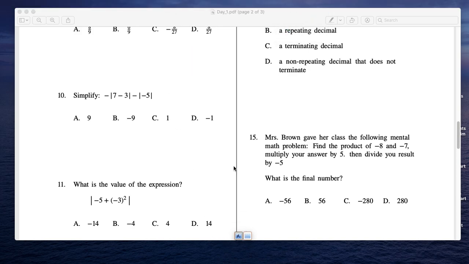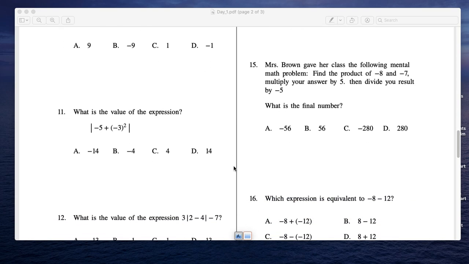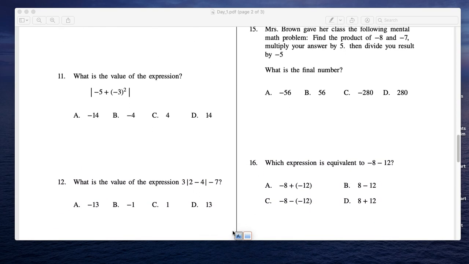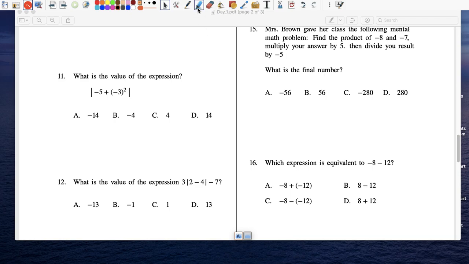9. 11, what is the value of the expression? All right, so before you take the absolute value, we have to simplify everything that's inside. So let's do some of that. So negative 5, we're not doing anything with it. Plus, again, this,